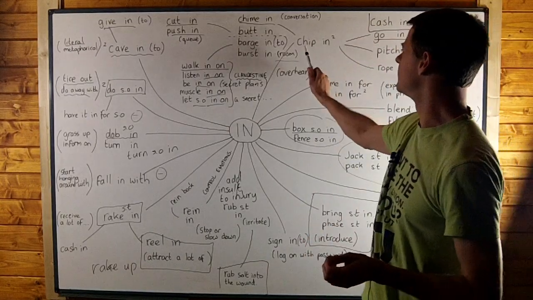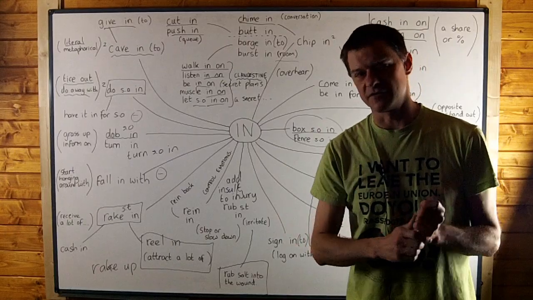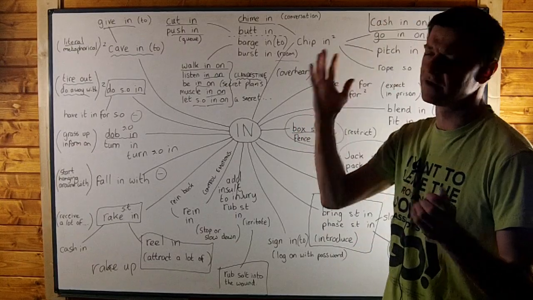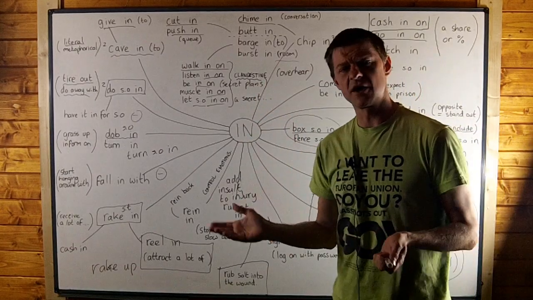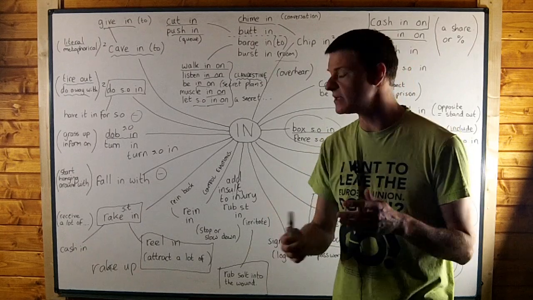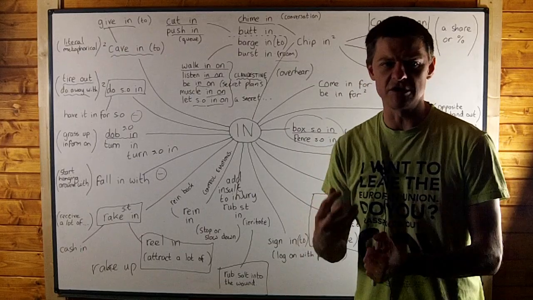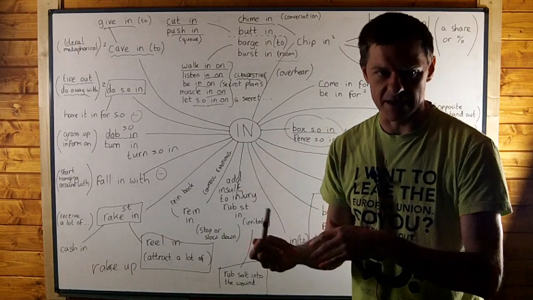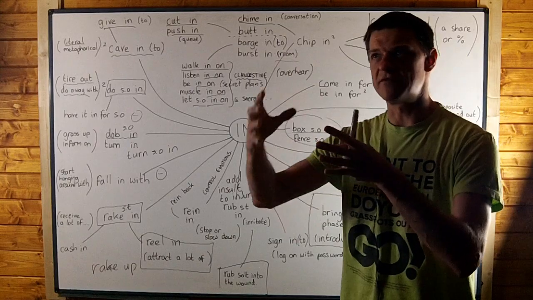And I wanted to start with chip in, which I came across by chance in one of the TV shows that I write lessons for. And TV shows are great for pulling together a lot of phrasal verbs because they use phrasal verbs all the time on TV, and it's because we use phrasal verbs all the time when we're talking to each other. In the TV show, chip in was used in the meaning of to chip in some money. And when you chip in money, that means that you offer some money which will buy something with other people.